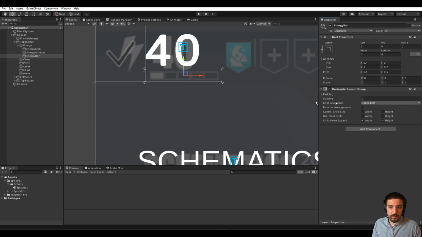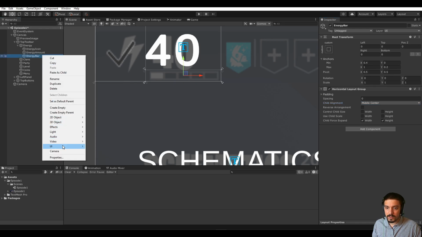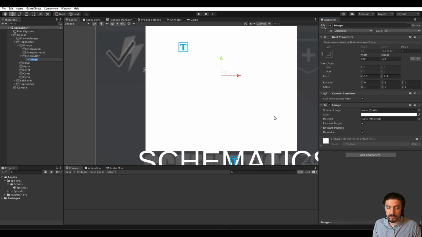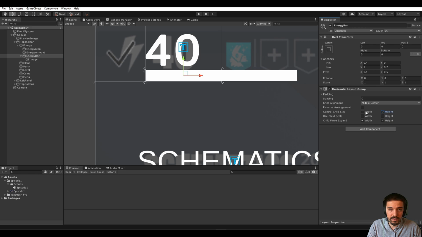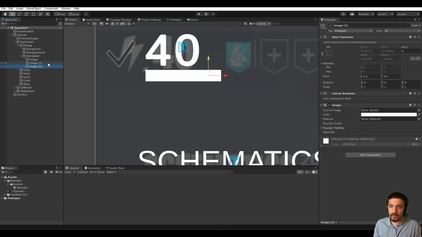That's good. I'm going to make it anchored in the middle center, because it doesn't look like it's going left or right. It's just centralized. Let's create an image, which is going to be this one. Again, don't freak out. We need to control the height and the width. I think I have to change more stuff. So here we go. So right now, what's going to happen is,